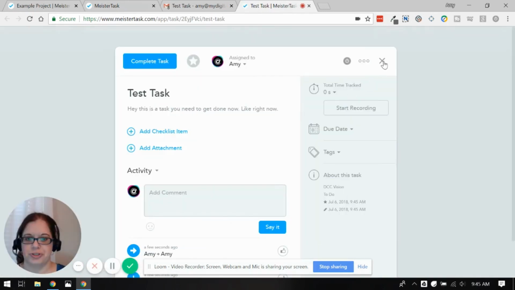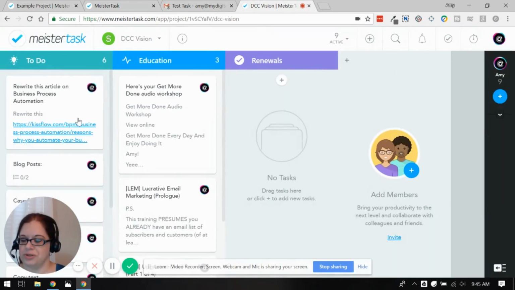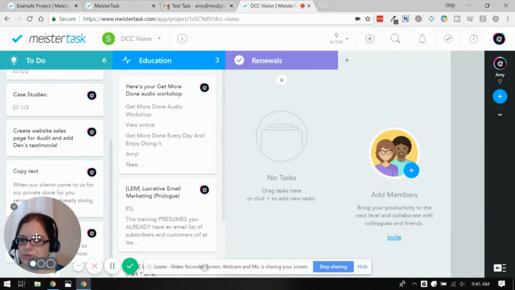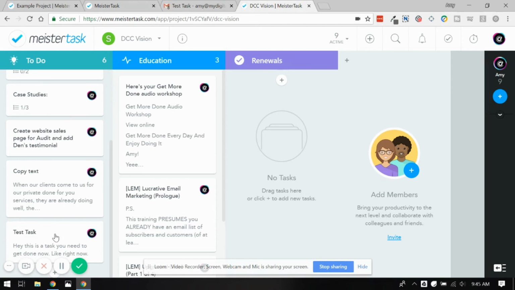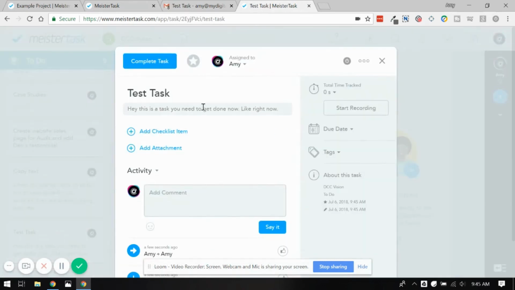What I usually do though is I always have my MEISTERTASK open. So you could see here, if we scroll down, it dumped it right in here super fast in my to-do at the bottom. And there's the task. Because I have actions set, it automatically assigned it to me. I didn't have an action set to assign a tag because this category of projects doesn't have any tags. But if it did, it would have automatically assigned this specific tag that I asked for.